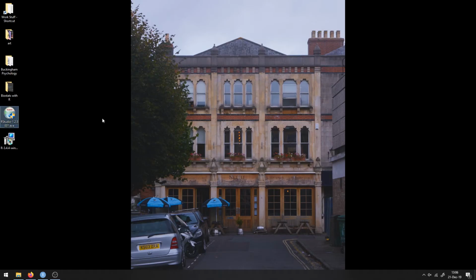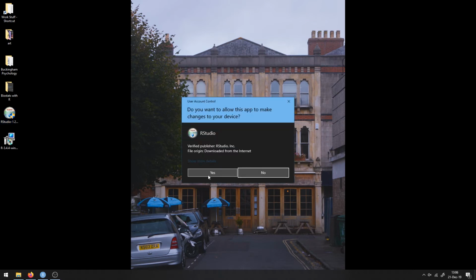So once you've downloaded the RStudio installer, you're going to have to open it up, go through the same waiting process again,